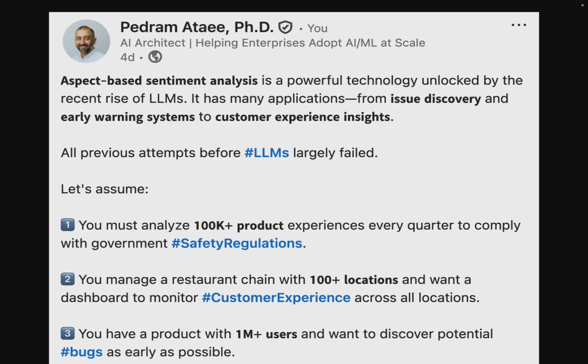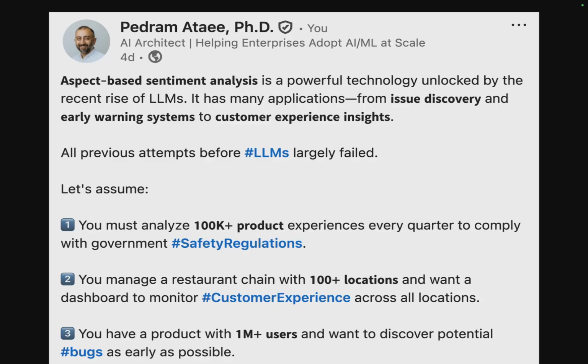Let's assume you want to analyze 100,000 product experiences every quarter to comply with, for example, a government safety policy. Just imagine how hard it is to read through all of those customer experiences and extract the quality of experience that they have. Some of them may have a good experience, some of them may deal with a hazard, some with small problems, some with big problems.